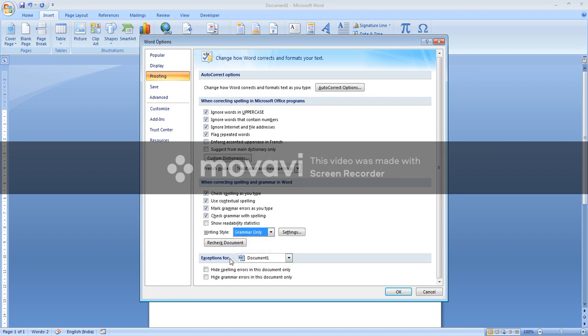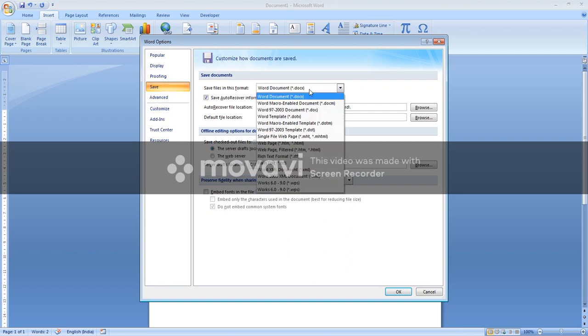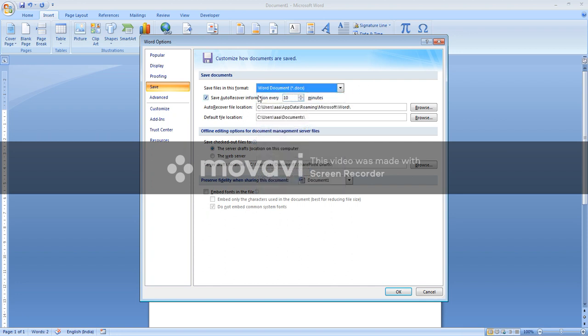Okay. Then it is exceptions. Here you can add any exceptions of spelling errors or grammar errors. Okay. Then it is save. So what save does: in which format you have to save your file, then how often you want to save auto recovery information which has not been saved yet.